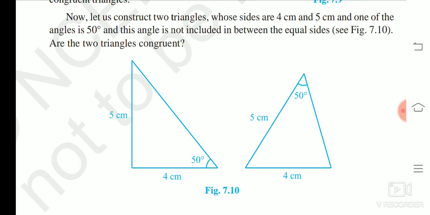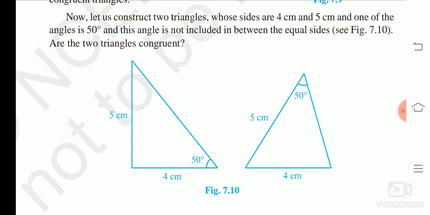When we compare the two triangles size wise, definitely they are not equal. So automatically it's not congruent. Right? How to draw or construct such a triangle? You already know that it's 90 degrees. In the first triangle, 5 centimeter and 4 centimeter have 90 degrees in between, but it's not in the second triangle. And another angle of 50 degrees may be possible. So it's not possible to tell the congruent form of two triangles with randomly two sides and one angle.